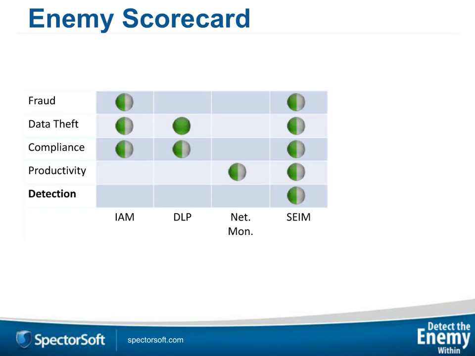So the enemy scorecard, if we come back to that and add user activity monitoring to it, you can see that user activity monitoring has a huge play. If someone's writing bad checks and committing fraud, we're going to see them writing the bad checks in the accounting system. If they're committing data theft by copying 100,000 documents to the USB drive, you see that. If they are breaching compliance, again, the example of hitting print screen inside the medical records app when they shouldn't be, you see that. If they're goofing off on Facebook and ESPN and watching videos and whatever, you see that.